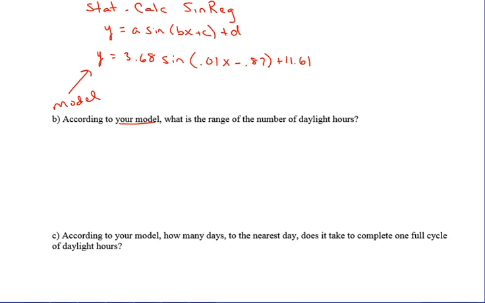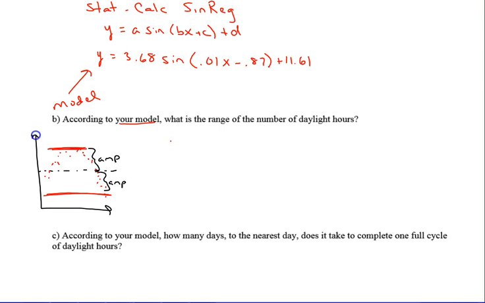Well, remember, that is actually coming from the midline and the amplitude. If I were to just sketch out that scatter plot that I had, it almost looked like a parabola. So we want to know what is the maximum and what is the minimum. Well, in a sinusoidal graph, we look at the midline first. Remember, the midline is the halfway point. And then from that midline, we can determine the amplitude. And that will give us our minimum and our maximum. So based on our